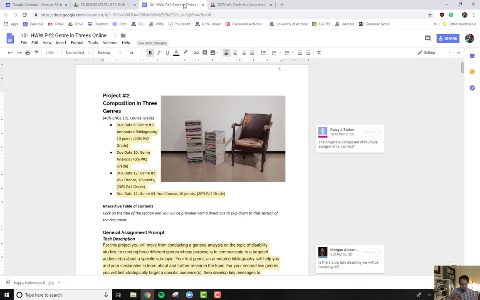For this assignment, Composition in 3 Genres, it is a bit of a clunky title, yes, I will admit to that. But I'm basically asking you to compose something in 3 different genres. Hopefully, the nice thing is, for the first genre, you don't have to think of anything. I'm already asking you to create an annotated bibliography, and I'm not going to provide more specifics than that right now because each